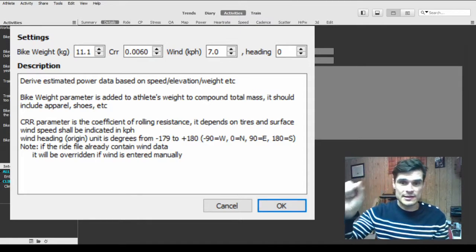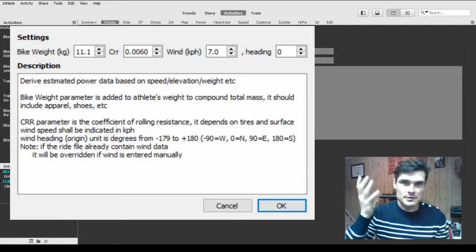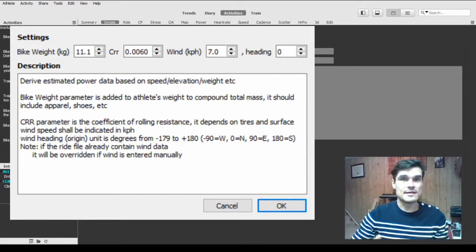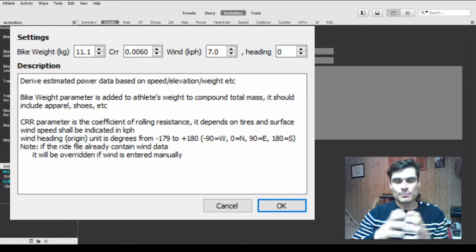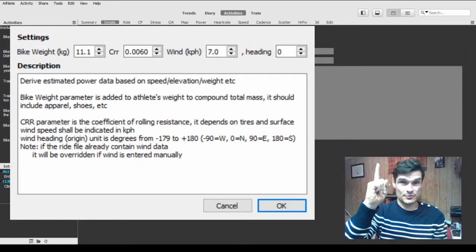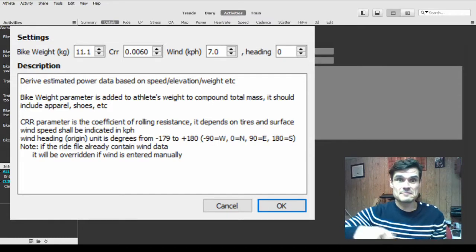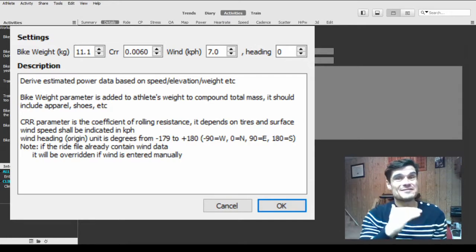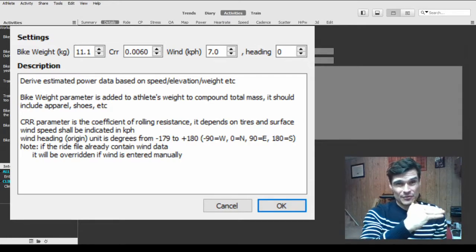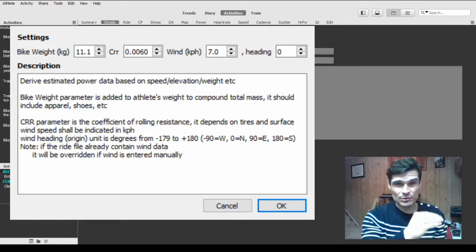For north, east, and south, we have numbers that are 0 to 180. That makes sense. But we have a 360-degree circle that we're conceiving of to get those directions, north, south, east, west. The program doesn't allow you to do that. 0 makes sense being at the top, north. 180 makes sense being at the bottom. 90 makes sense, but negative 90, if the wind is coming from the west, that really trips up a